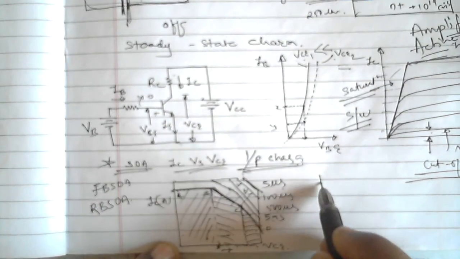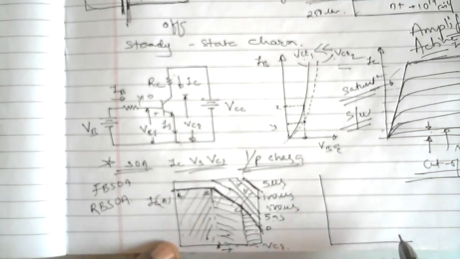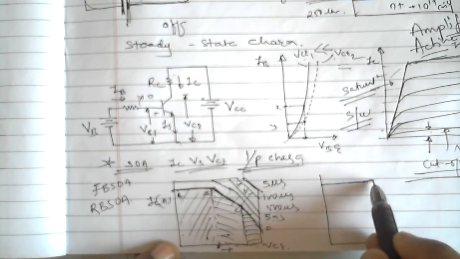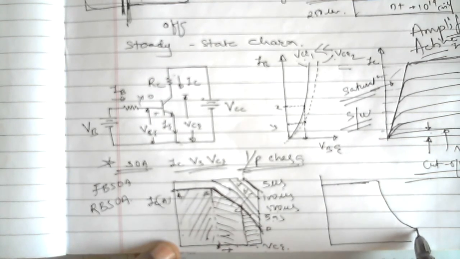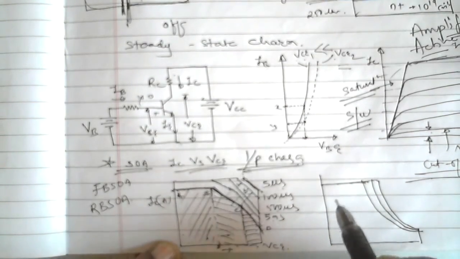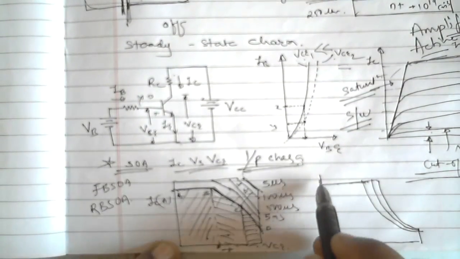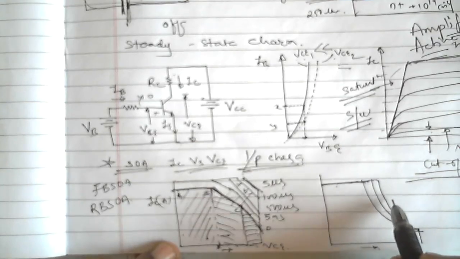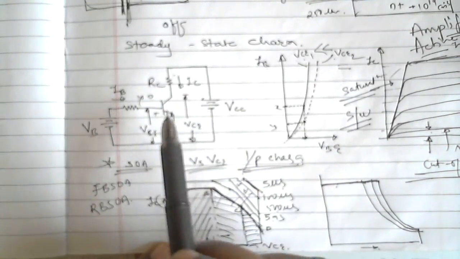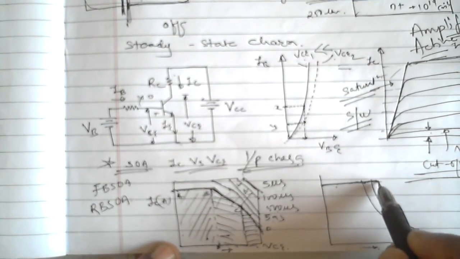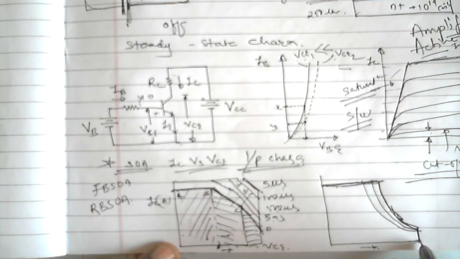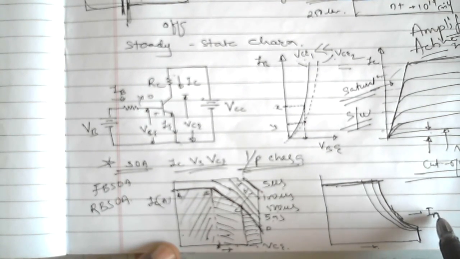This is for forward bias, and similarly for reverse bias, when you reverse bias the transistor, its safe operating area is like this. As you go on increasing the collector emitter voltage for this constant current, and if the base current is 0, meaning you have reduced the base current to 0 to turn off the transistor, then this outer line which I have just drawn is the safe operating area for IB equal to 0.